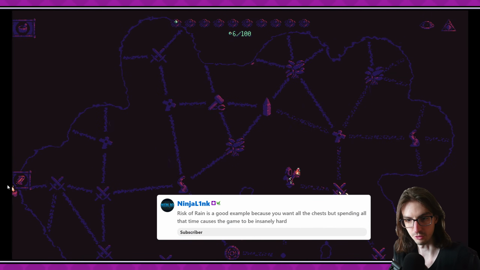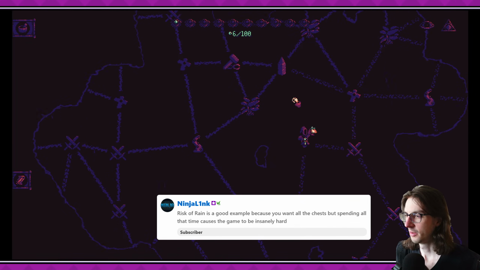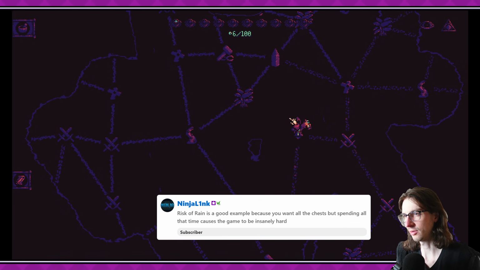Risk of Rain is a good example because you want all the chests, but spending all that time causes the game to be insanely hard. Yeah. But the thing is, that's on a timer, I guess. Well,